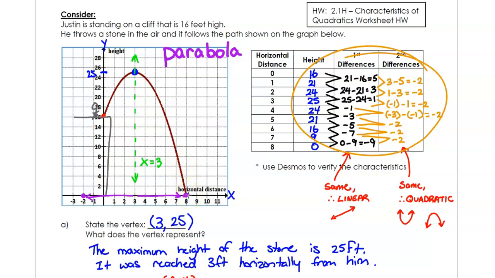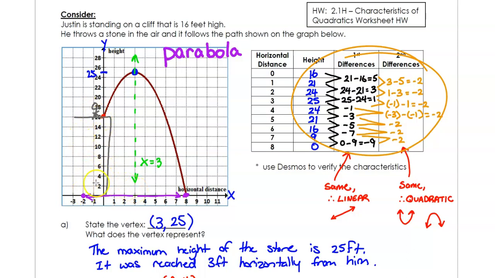to the ground. Now if you'll notice the x and y axes, they have labels. The y-axis represents the height and the x-axis represents what they call a horizontal distance. When they say horizontal distance, they mean the distance horizontally from where Justin is. So Justin's starting from this position right here, and then this is how far the rock is from him and